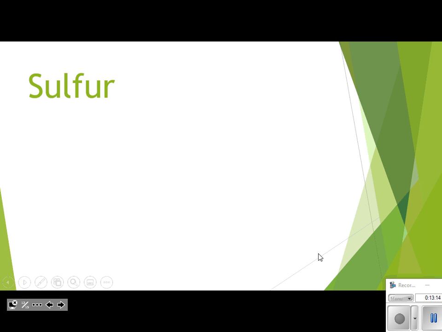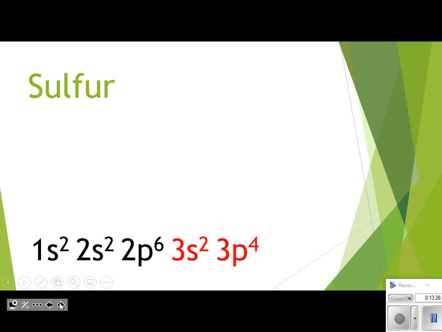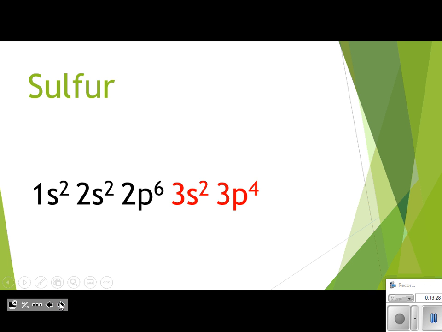Sulfur. Let's get a little more complicated. Go ahead and write the electron configuration for sulfur. For sulfur, we should have 1s2, 2s2, 2p6, 3s2, 3p4. So, as I'm looking here at my electron configuration,